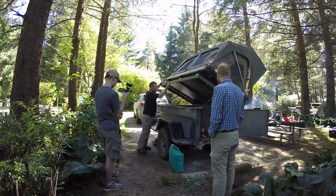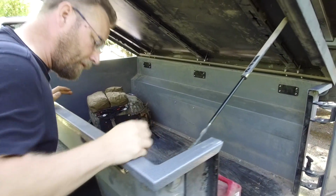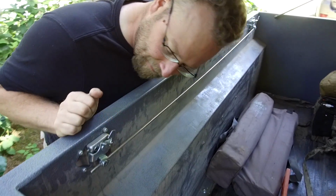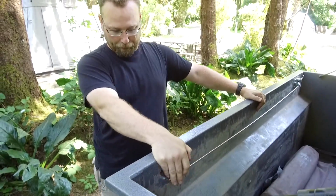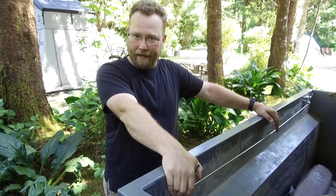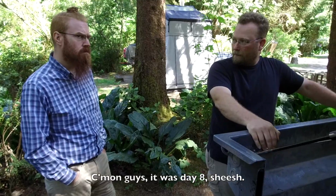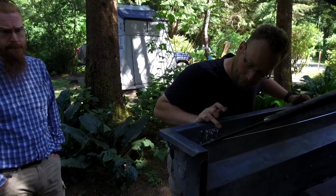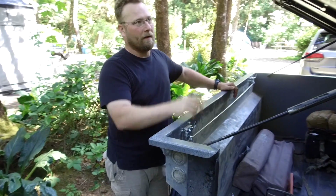You can pop it open, and then we've got all of the space inside. And then we can see that it's got dual locks. This one seems to be a little tight. We'll fix that. This particular latch was replaced. So we were on our trip. We were on day 8 or 9, maybe 10, somewhere in that ballpark. So this 7 or 8. 7 or 8. So this latch broke on the trail,